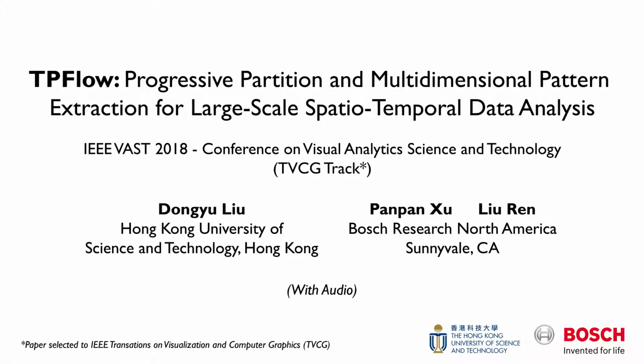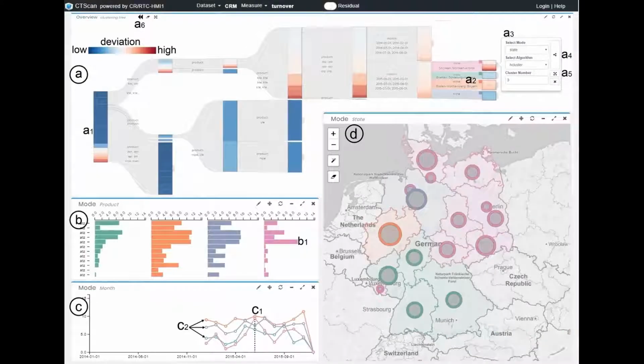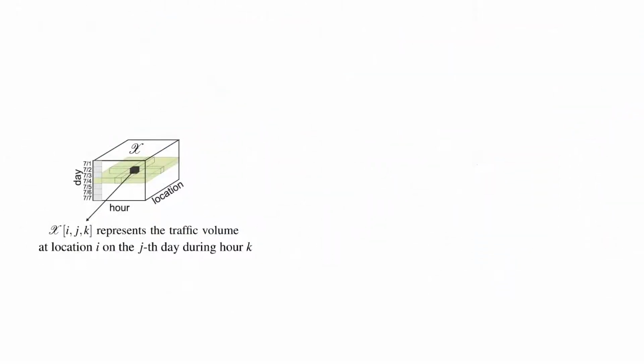In this work, we propose a novel tensor-based approach to support iterative partitioning and multidimensional pattern extraction in large-scale spatio-temporal data. Let's first take traffic volume data as an example. We can describe it as a tensor with 3 dimensions including days, hours, and spatial regions, and each entry records